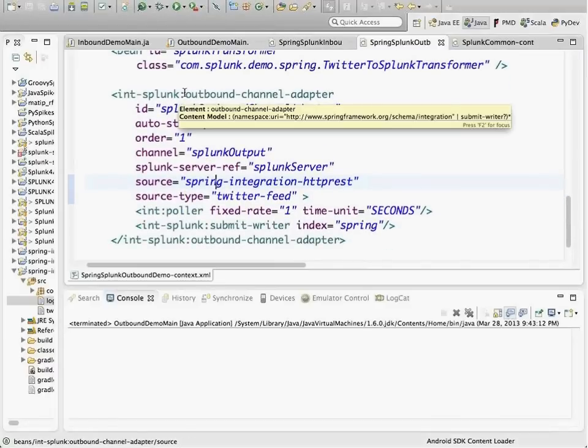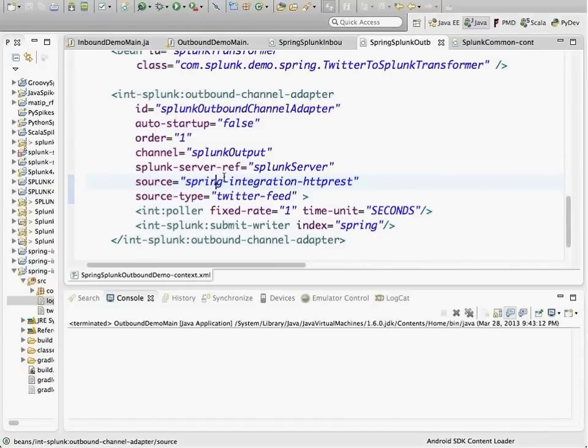One of the benefits of the Splunk event object is it's going to encapsulate the logic required to output the event in a best practice semantic format for Splunk. By best practice semantic format, I mean the event being submitted to Splunk is going to have a consistent timestamp, and all the fields are going to be in a consistent key equals value pair format. Now, the benefit of that is that when the data gets into Splunk, there are no more field extractions that I have to perform. Splunk can automatically figure out that it's in key value pair format and extract the fields for me. We could also submit it in JSON if you want. Splunk can natively eat JSON format if you wanted to log in JSON.